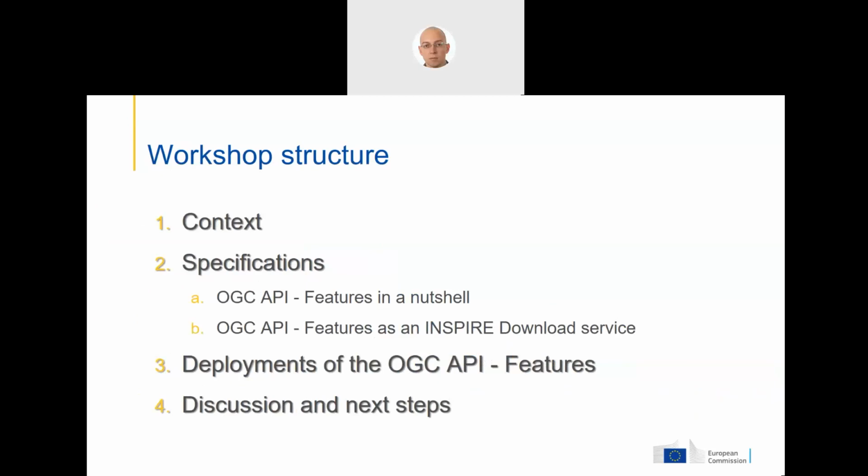Then we're going to be looking into the specifications. First of all, starting with a brief overview of the OGC API Features standard, and then looking more into the specificity of how it can become an INSPIRE download service. To keep it real, we will have another section, which is focusing on